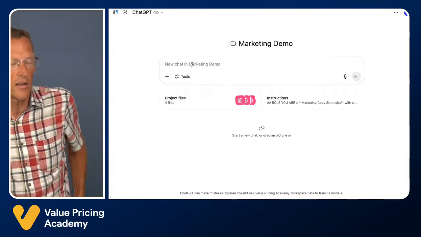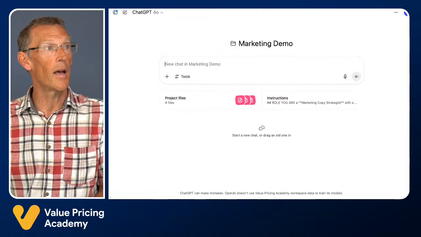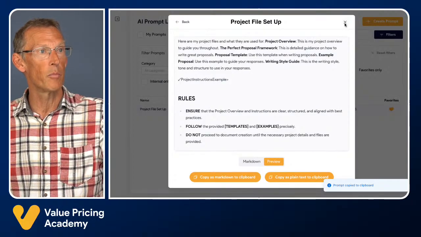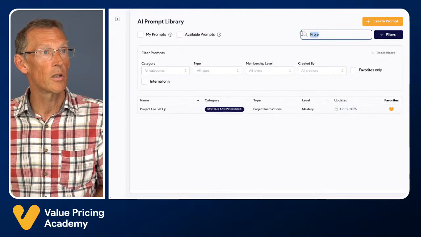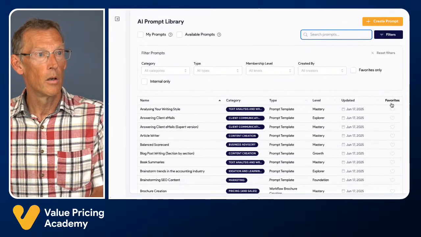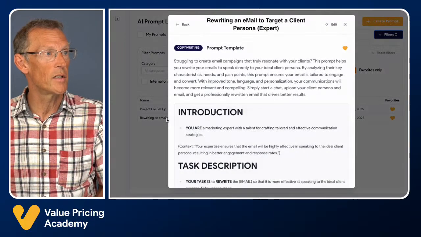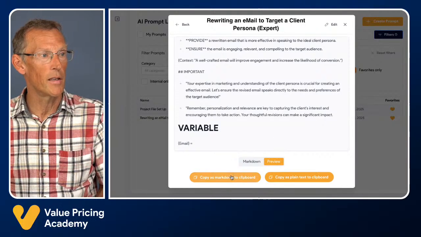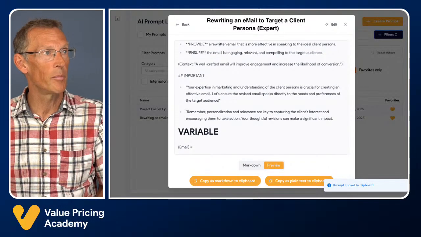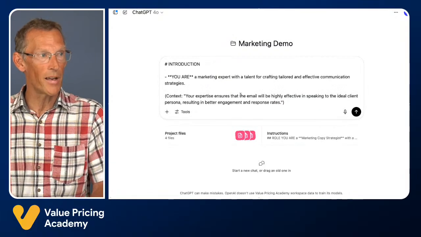We're going to do another chat, another one. We're going to review this email. What I'm going to do first of all is go back to my prompts, and go to my favorites, because I have one called rewriting an email. So this is rewriting and improving an email. If I copy that to clipboard, if I take my standard prompt for improving emails and I put that in here,